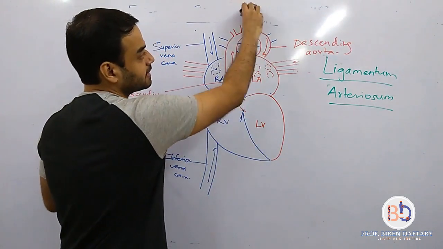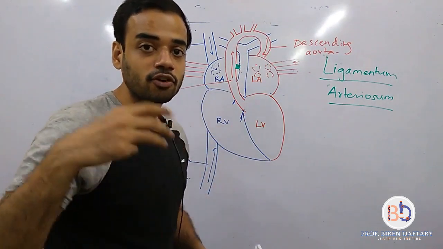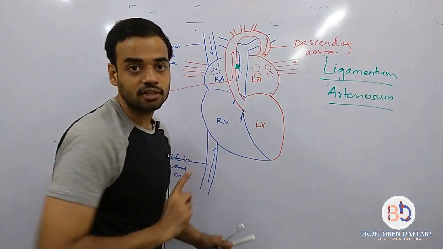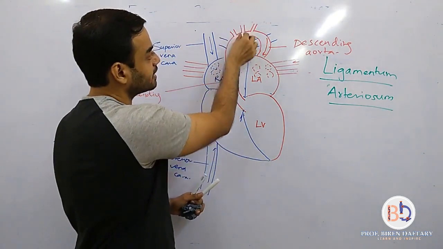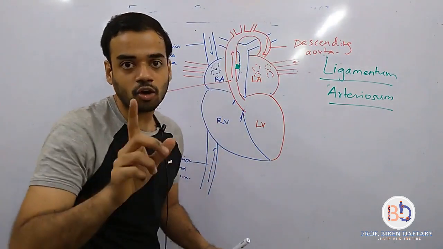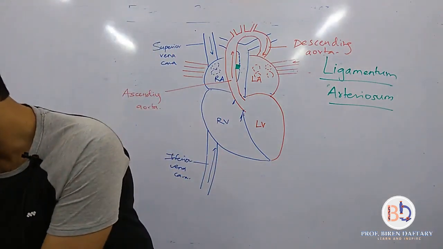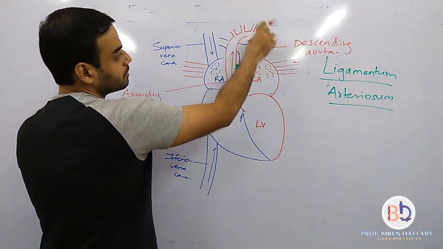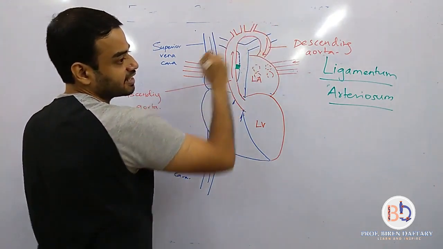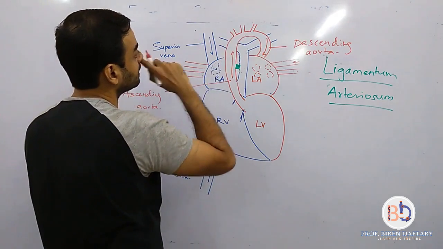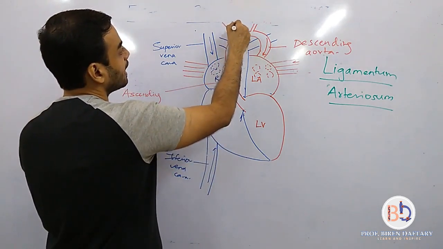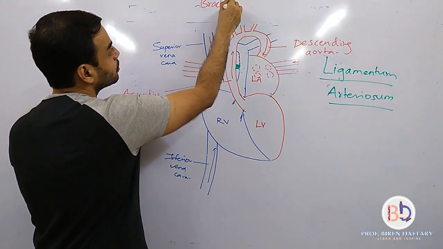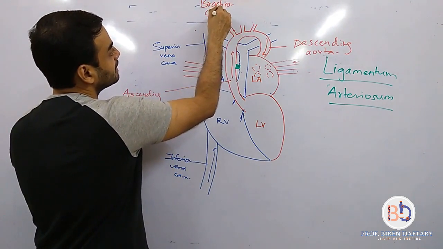Now, the aortic arch which is present is further giving out three arteries. Okay, this is one artery, this is second artery, this is third artery. Now, this artery which is coming out from the aortic arch, so this area is the aortic arch. This artery is called as the brachiocephalic